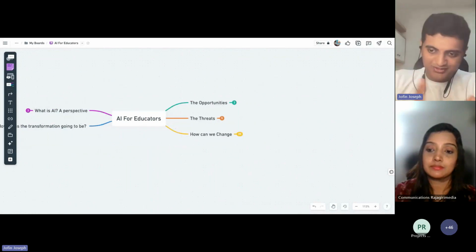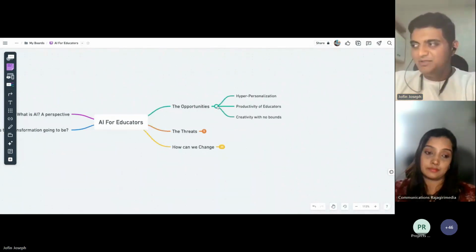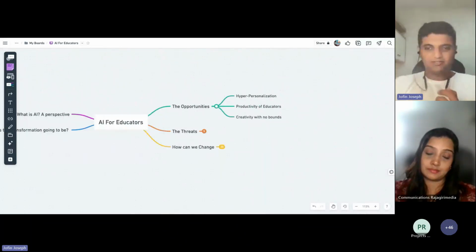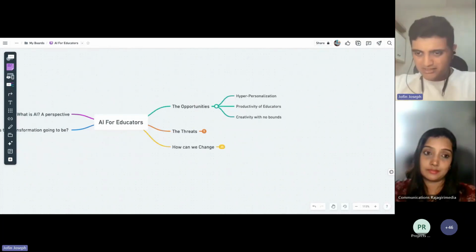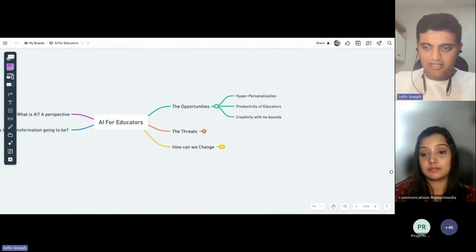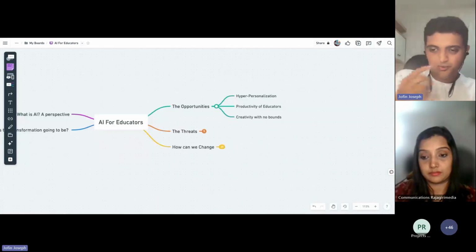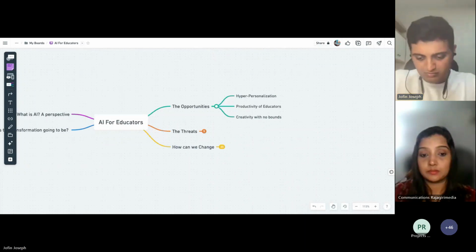So with that note, those are more of introductory notes. Let me jump into the opportunities, right? So specifically in education. While we can actually think about hundreds of use cases of AI in education, for the scope of this conversation, I really wanted to bring it down to just 2 or 3 points, right?